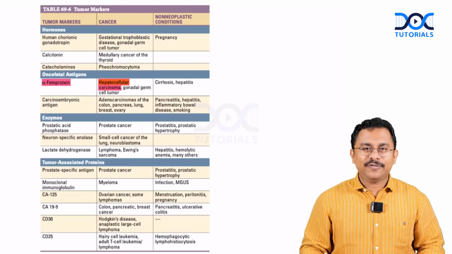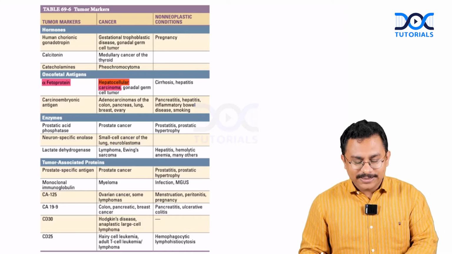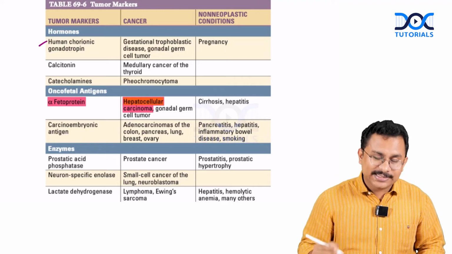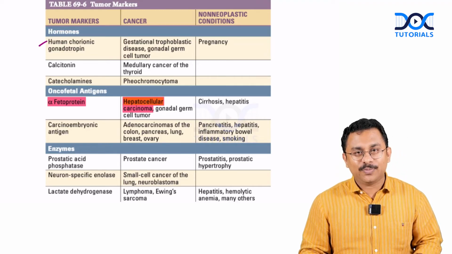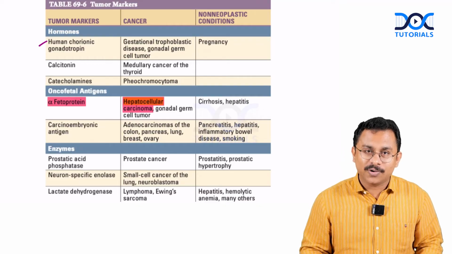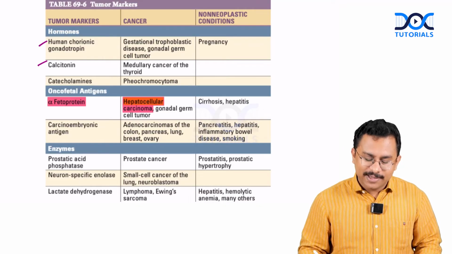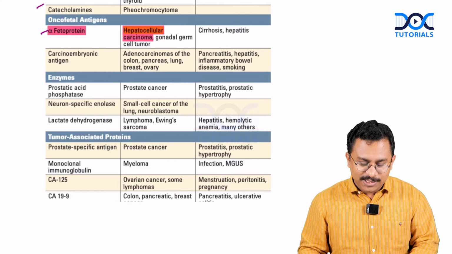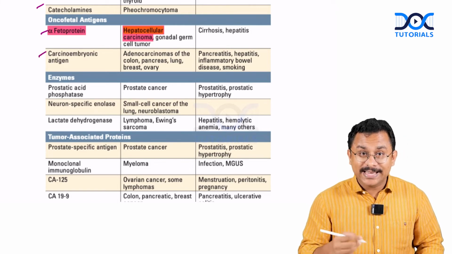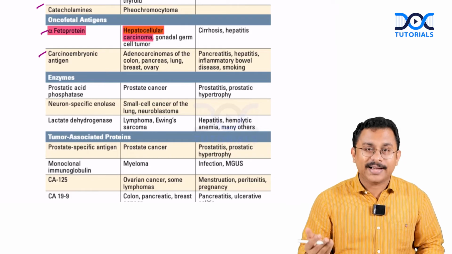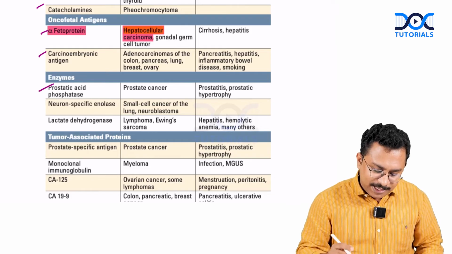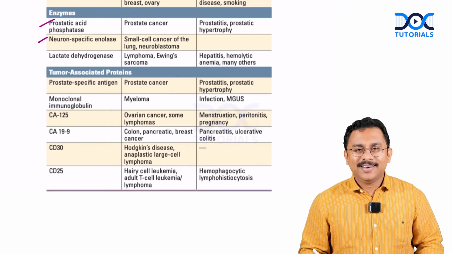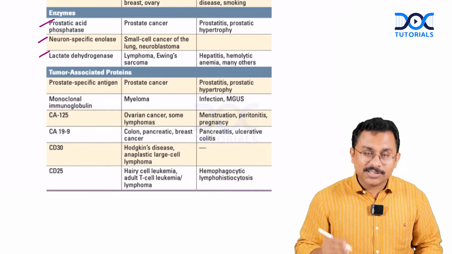Please also go through this table from Harrison wherein they have listed the various tumor markers and associated malignancies. You can expect future questions also from this. HCG, human chorionic gonadotropin, is associated with gestational trophoblastic tumors and gonadal germ cell tumors. Calcitonin with medullary carcinoma thyroid. Catecholamines with pheochromocytoma. Alpha fetoprotein, I just told you, hepatocellular carcinoma. Carcinoembryonic antigen, CEA, with malignancies of the colon, pancreas, lung, breast and ovary. Then the prostatic acid phosphatase with prostate cancer, neuron-specific enolase with small cell lung cancer and neuroblastoma, LDH commonly elevated